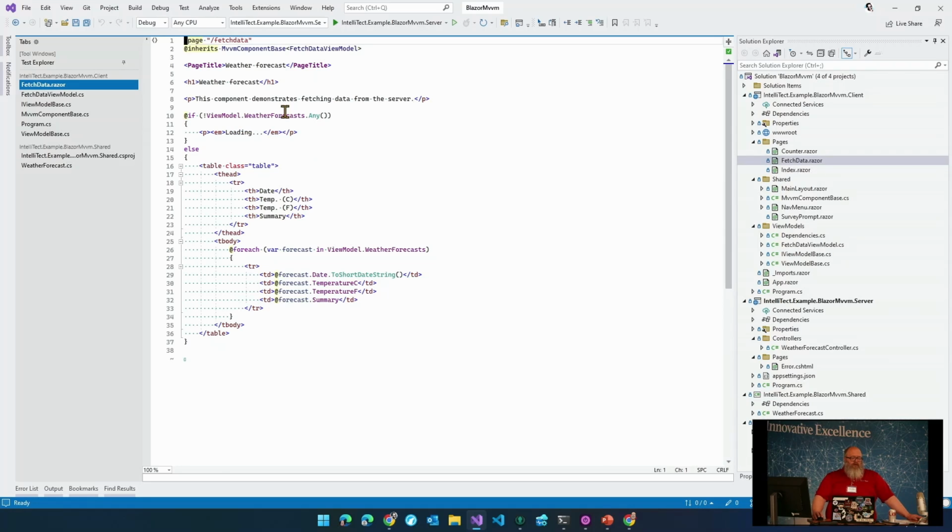So that guy goes and gets the data, and then now this guy changes to wire up to those ViewModel properties. Remember, our component base now has a ViewModel property on it, and so I can just go and test and see are there any weather forecasts. If so, loop through each of them and bind them to a table row inside of my table here. And so the way this works,